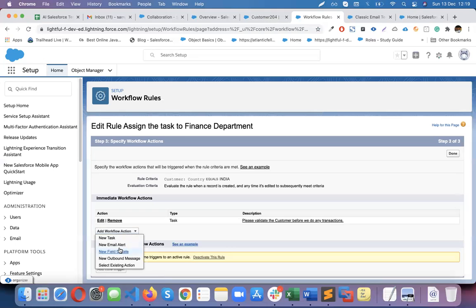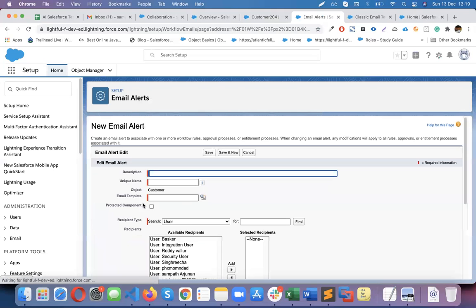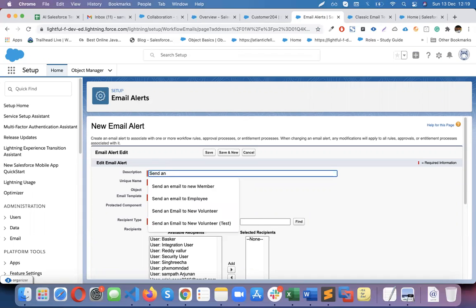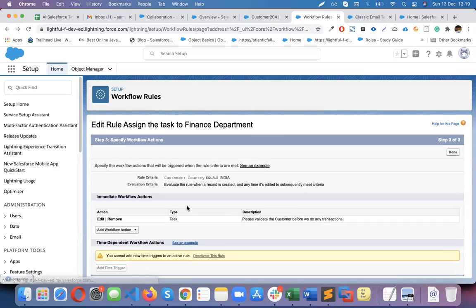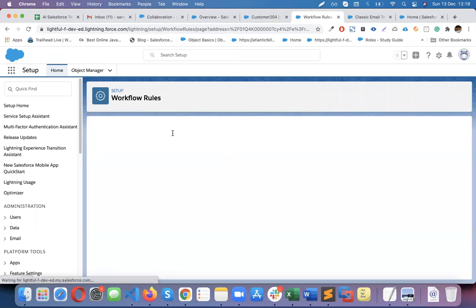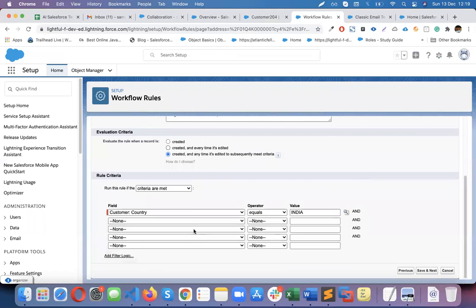I will add a new action, which is email alert. Send an email to customer. Again, this would run every time it's edited, and we don't want to send all the time to the client, right? So maybe I'm going to clone this: created, only created time. If country is equal to India,